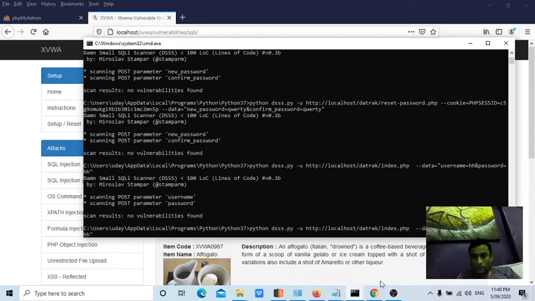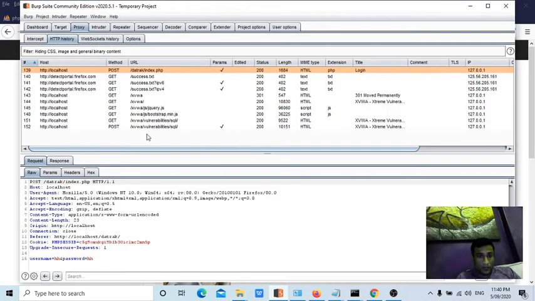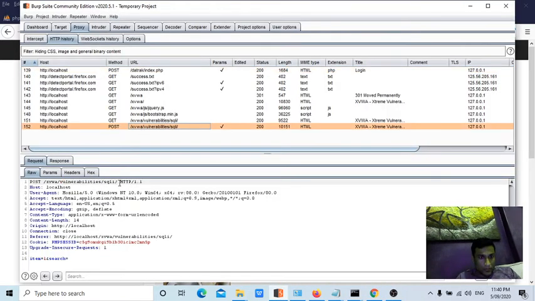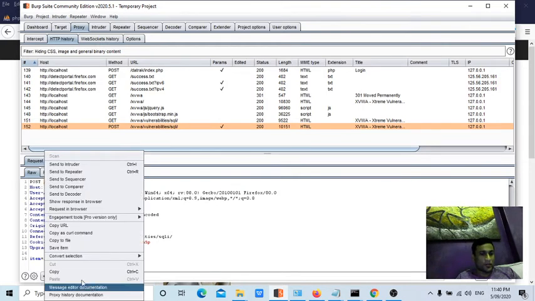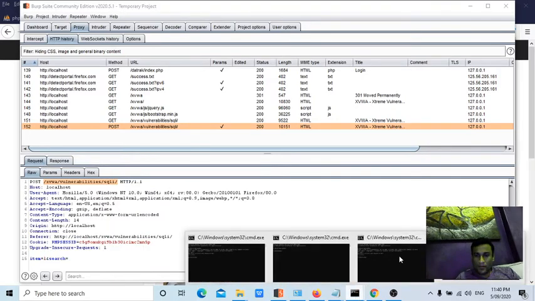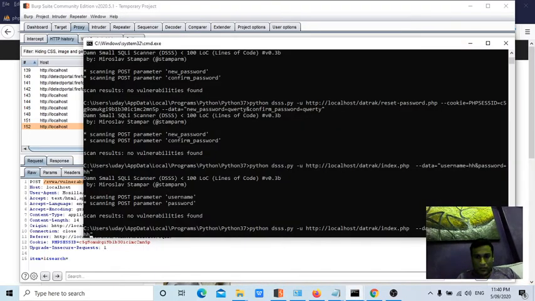Now, what I'm thinking in between, since this is an external page, I don't need cookies. Right click, copy URL, paste as it is.